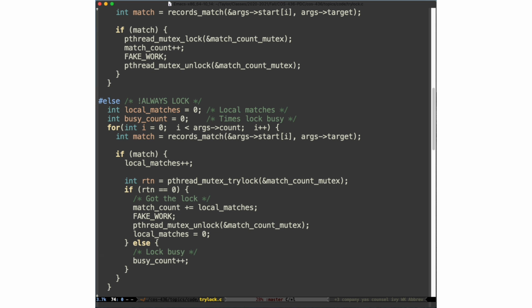So it gives us a measure of how painful it is to wait for the lock to be released. Now, if this was all we did, we would get the wrong answer for the total number of matches, because some of the matches are going to be stored in that local match variable, and I might get to the end of this list of records that I'm responsible for without having a chance to update the global match count with all of my local matches, which means I'm going to come up short on the number of matches